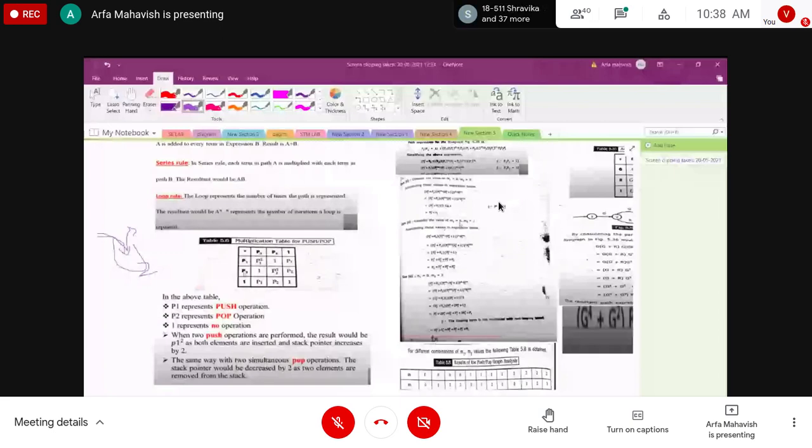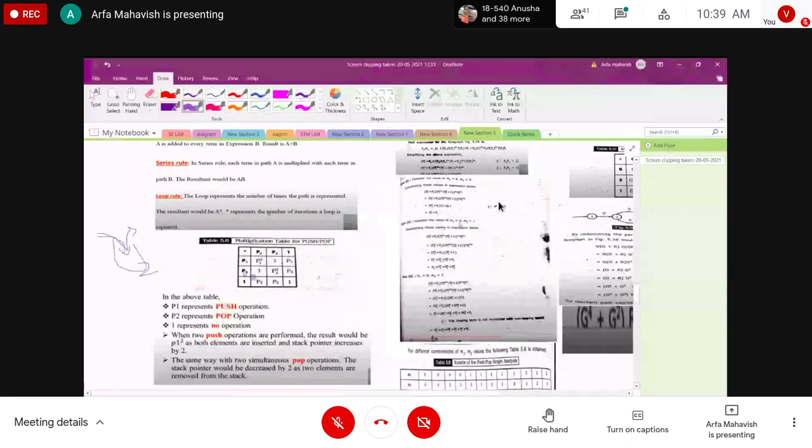So next we have the no operation. Here we have P1, so in this stage the push operation is performing. Same like that, in the P2 pop operation, P1 is P2 is P1. At the same time you can't do both operations, push and pop. That time you are representing it with one operation, that is, no operation is performing at that stage.